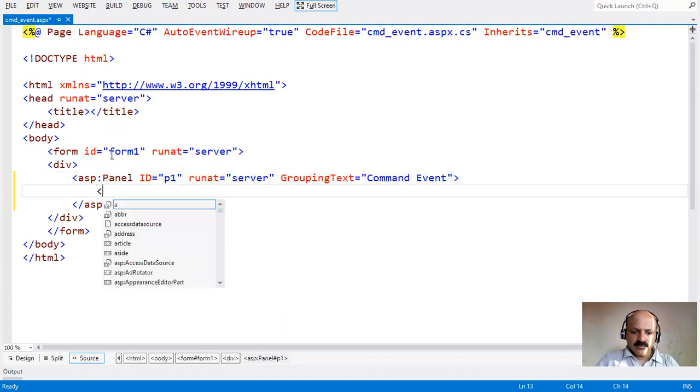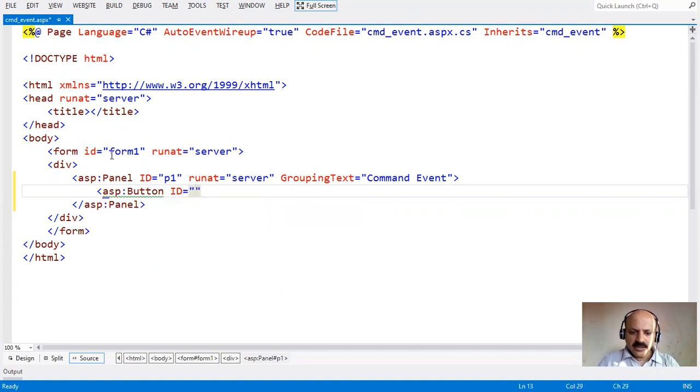Okay. After that we have to take one button with an ID and text that is the bird list,